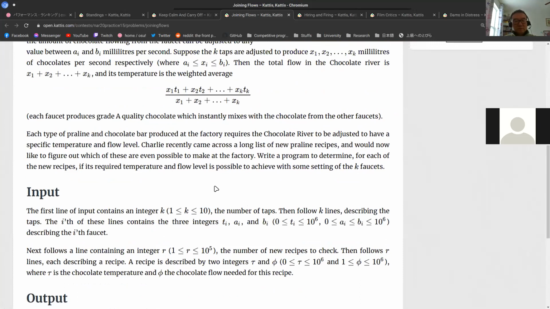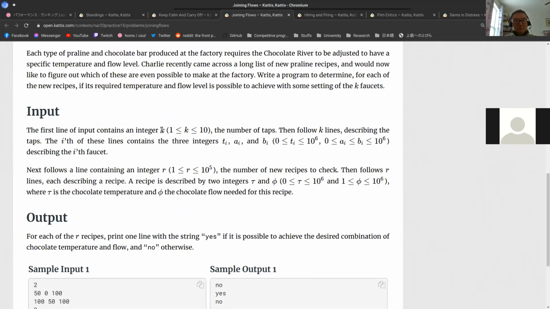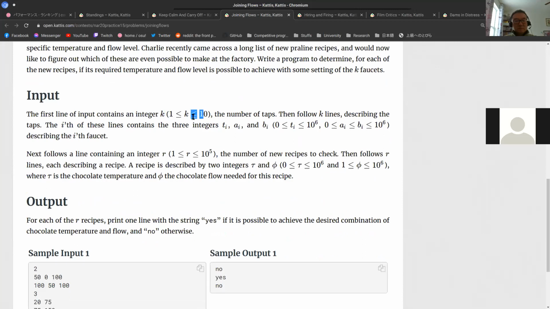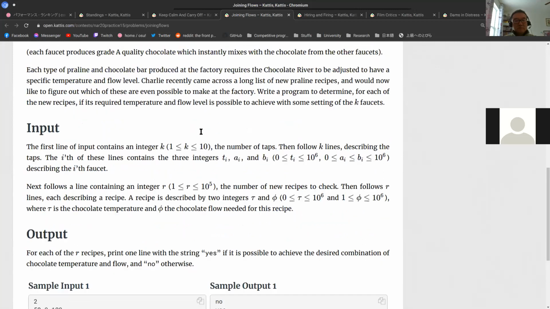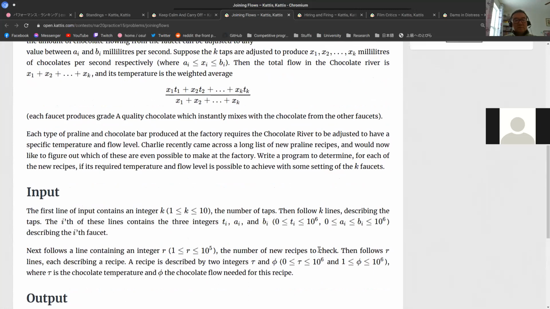So what they ask you is, okay, they give you all of the chocolate taps. There are k of them, which is 10. Oddly enough, it's very small. And they give you queries. With each query, they will give you two values. First is the